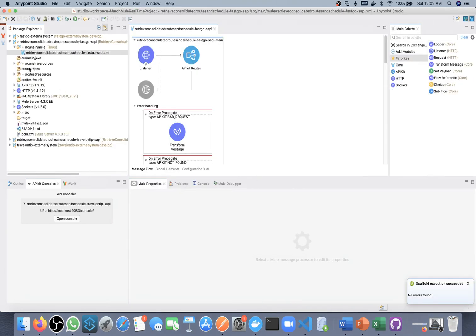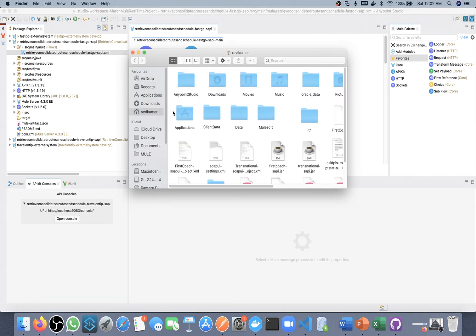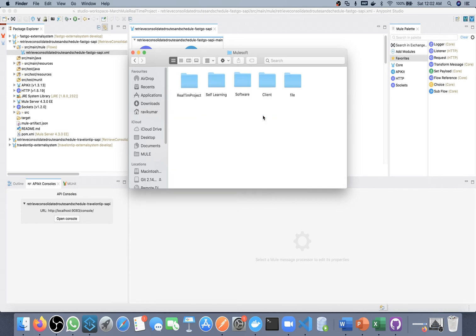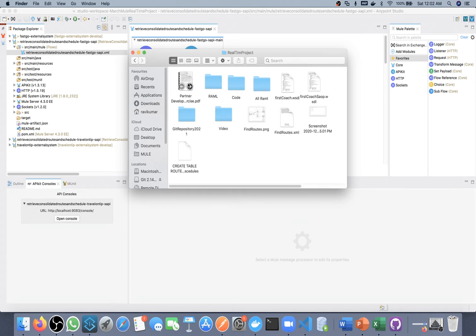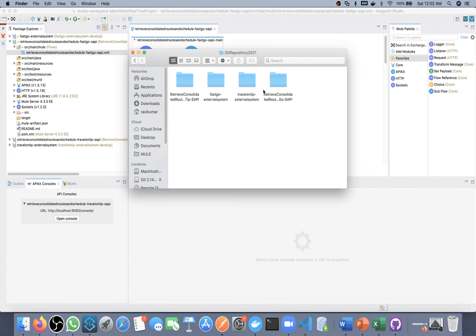Okay, so we created this new project, and if you go to this particular location, Mulesoft Realtime project, fastgo SAPI, yeah, this one only. So just now we created the application, everything we can see here. Fine. Now next what we will do,